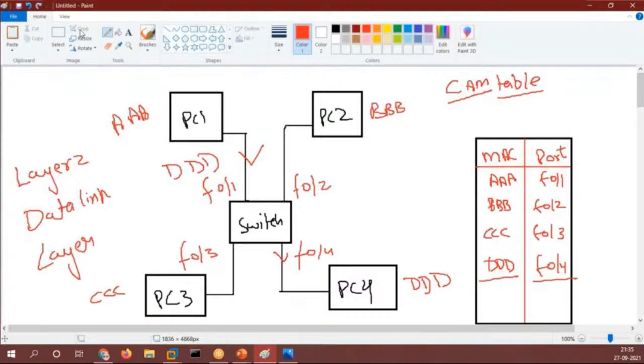Now, let's say the IP address of this particular device is 192.168.46.131. The second device is .132, the third device is .135, and the fourth device is .137. So these devices are there with these IP addresses.